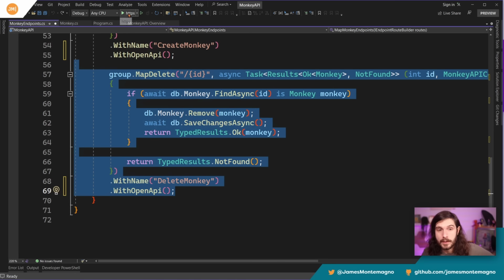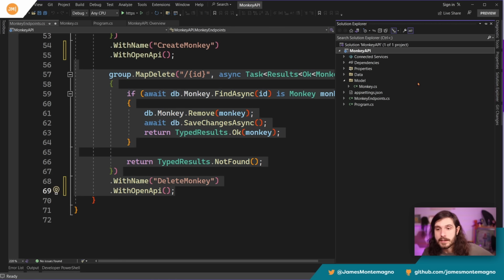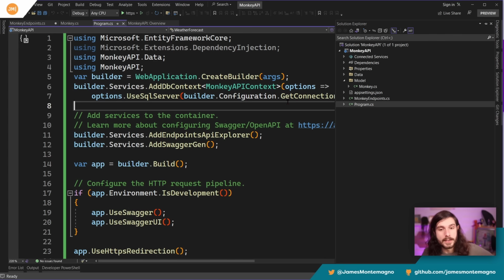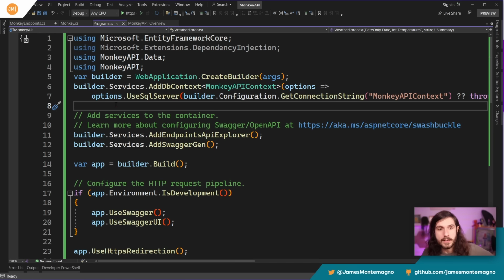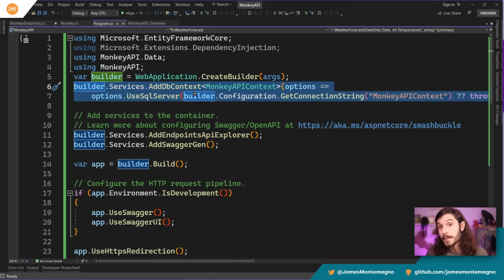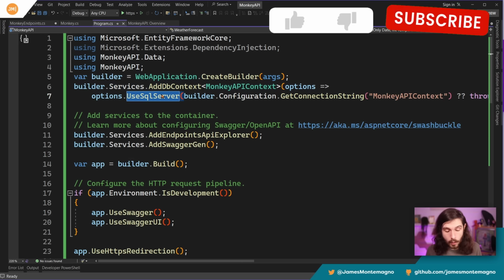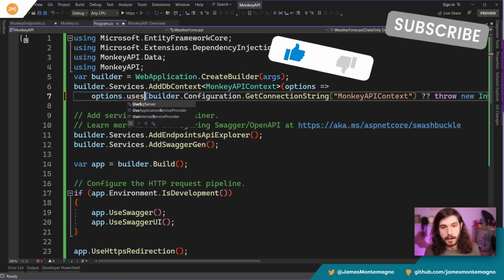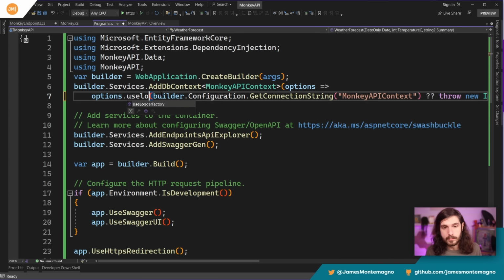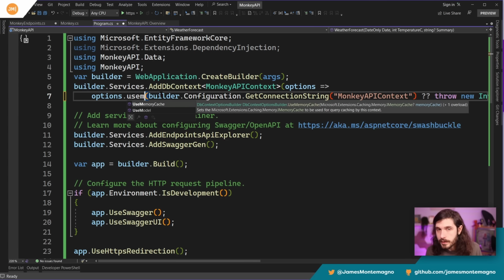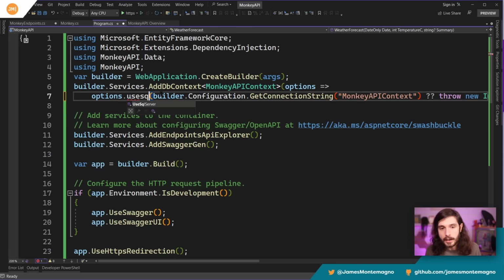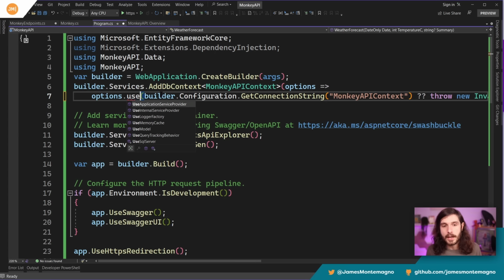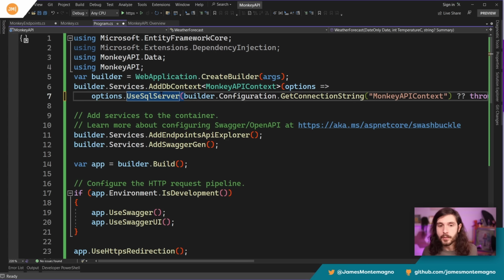So there we go. The only thing this has done, if we go back into our Program.cs, is a few things here. It's gone ahead and added our database context. And here we have UseSqlServer, but here I could say use in-memory cache, for example, and there's SQLite as well. There are extensions you can pull in with different packages, but we use SQL Server as